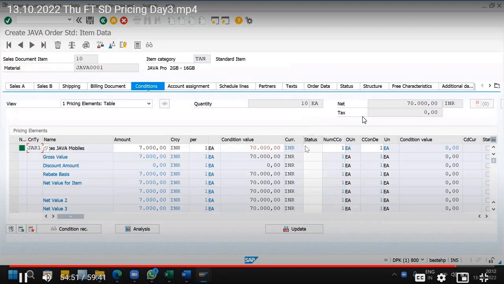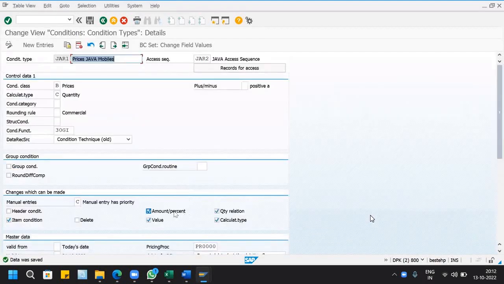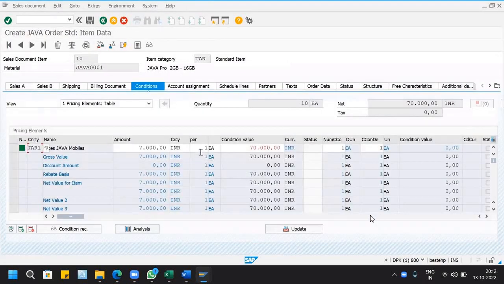So it is not taking because of the pricing condition record, which we have maintained for 7,000 rupees. So I'll try one more final touch. So it is not accepting because the pricing condition record is already maintained. Number one. Number two, value also we cannot change. Quantity relation and calculation type. So whenever the quantity, if it is a